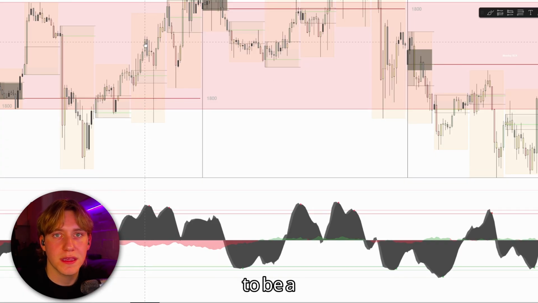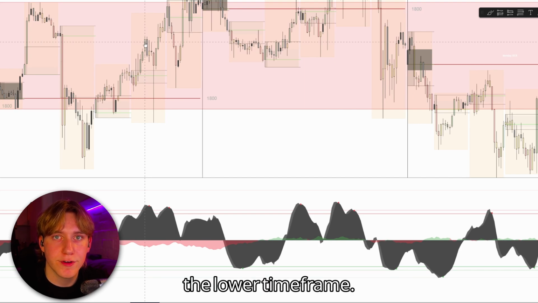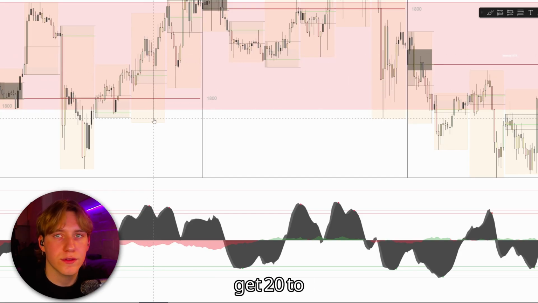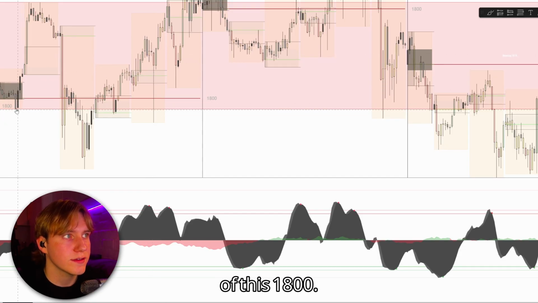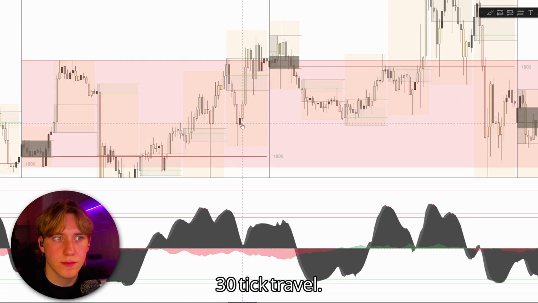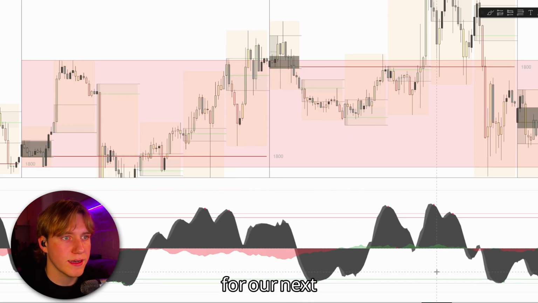That is going to be a really good signal on the higher time frame if you're going to be scalping on the lower time frame. So look at this. We get our sell signal at this candle and we at least get 20 to 30 tick travel to the other side of this 1800. We get our sell signal with money flow in the red on that 15-minute. And we at least get a 20 to 30 tick travel. Let's look for our next